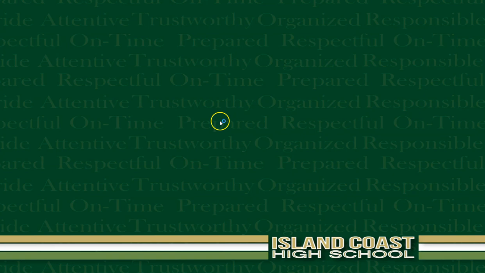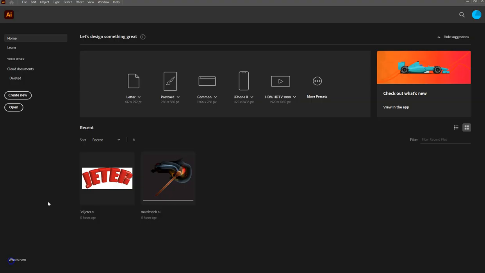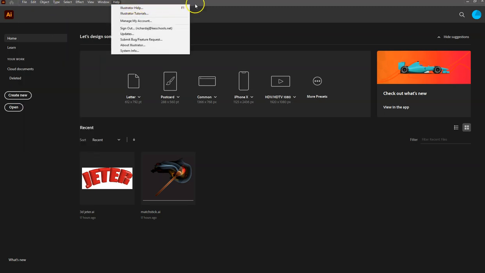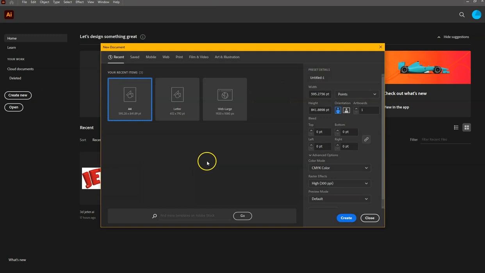We'll give that a minute. When you open Illustrator, you'll arrive at the home screen, which gives you some different options for how to get started, but what we want to do is create a new file. So if you click on either Create New or you can go to File, New, you will get the New